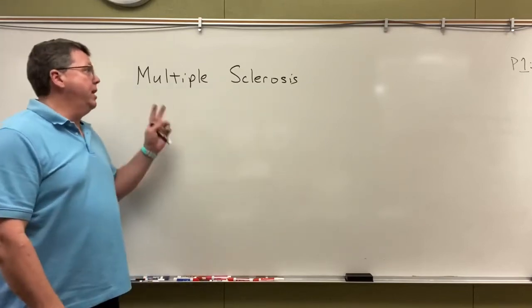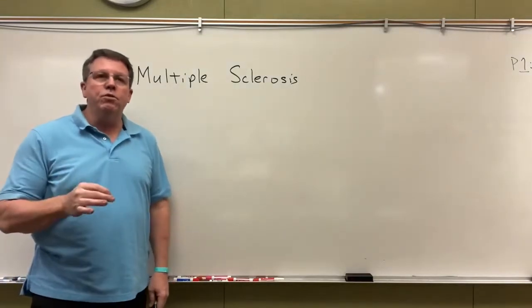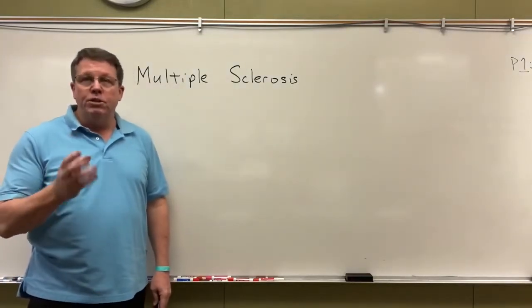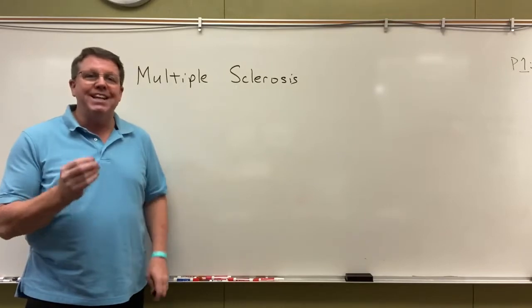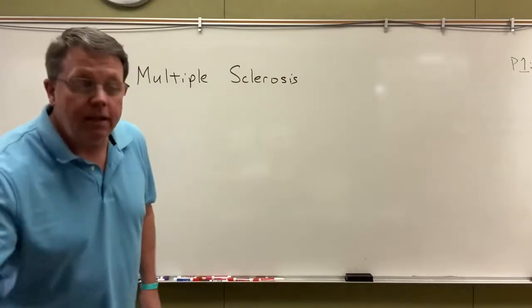Okay, hi everybody. So today we're going to be talking about multiple sclerosis. And what is multiple sclerosis? Well, multiple sclerosis is a condition in which your body's own immune system attacks something that's called myelin on nerves. So let's go ahead and take a look at